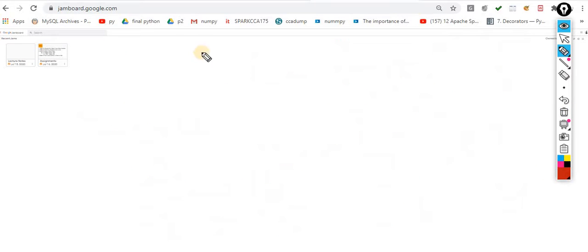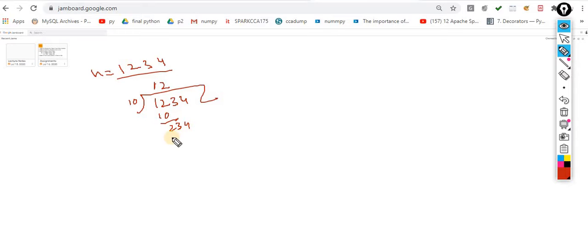Okay, I'll explain all these things once more. I am taking 1, 2, 3, 4 this time. To what extent do I have to do the division? The first thing is 1, 2, 3, 4 divided by 10. For any number you will get this. Now I got 4. Now what I have to do is 4 multiplied by 10. This time it becomes 40.